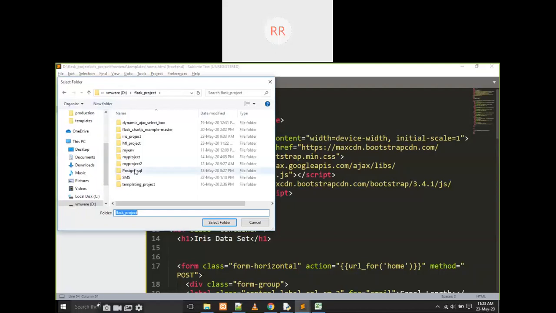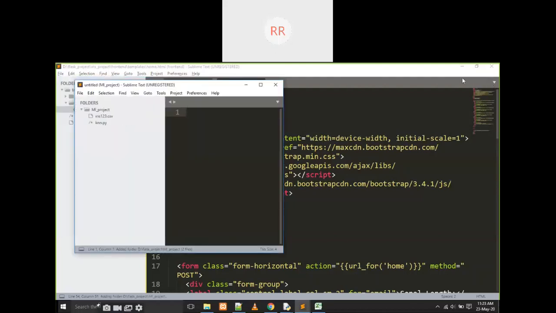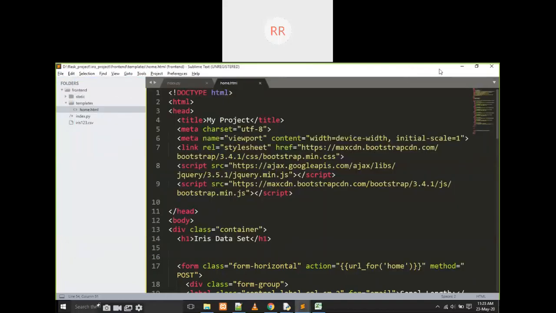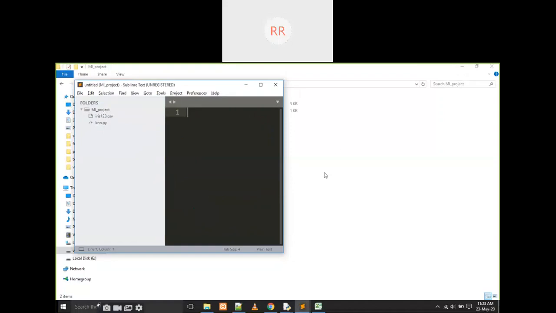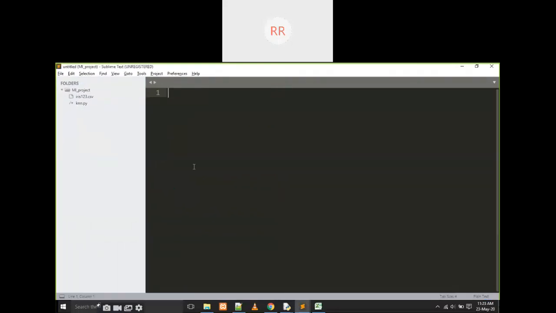What am I going to open here? ML project. I am going to open my project here. Here, first of all, I am going to design how Flask is going to work. Then I will integrate that KNN algorithm into this Flask.